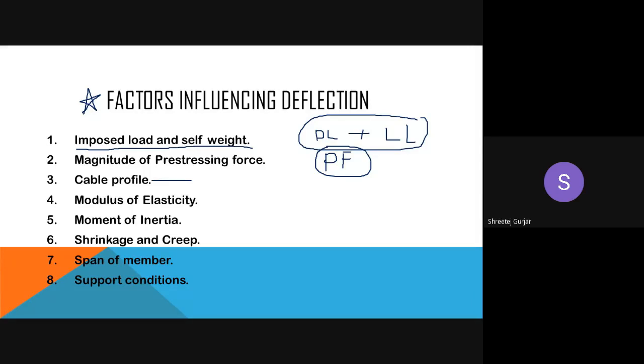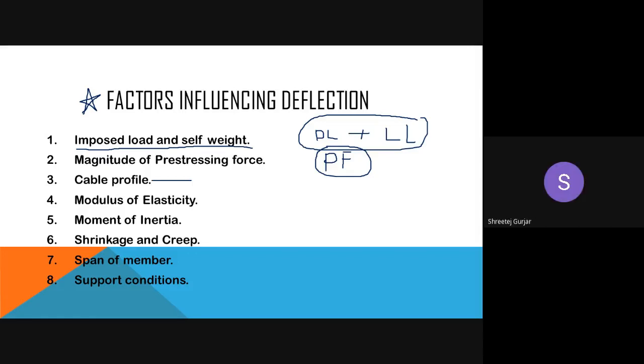Okay, should I ask you? Sanju, please name one cable profile. No answer. Rushikesh, can you please tell me a cable profile, any cable profile? Yes, Sanju is trying to speak. Have you understood the question I'm asking? Cable profile. Can you name one cable profile? You do not understand what I mean by cable profile?